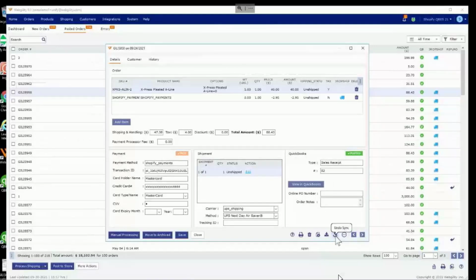anything we post. So if you're in a situation where you want to throw through a test order or two, but you don't want to mess up your books, if nothing else, you can always undo these. You can undo and then ignore them so that they never get taken into consideration again. So it's very helpful, whether it's Webgility or another solution, to make sure that that solution can undo